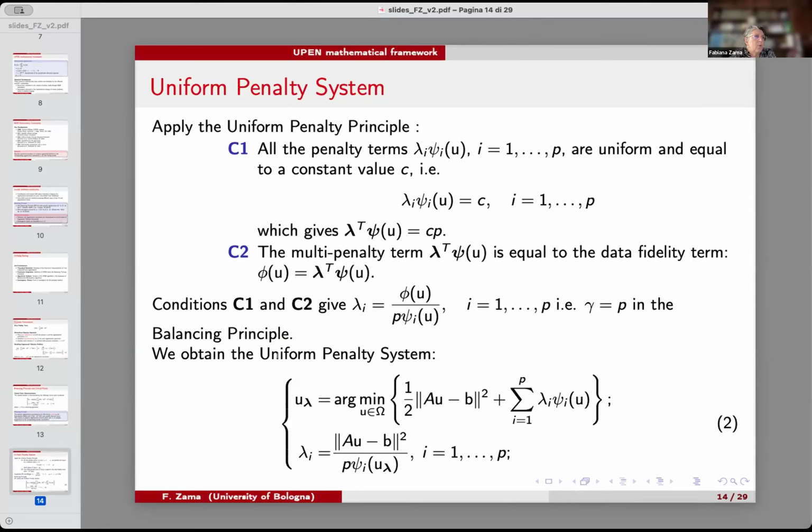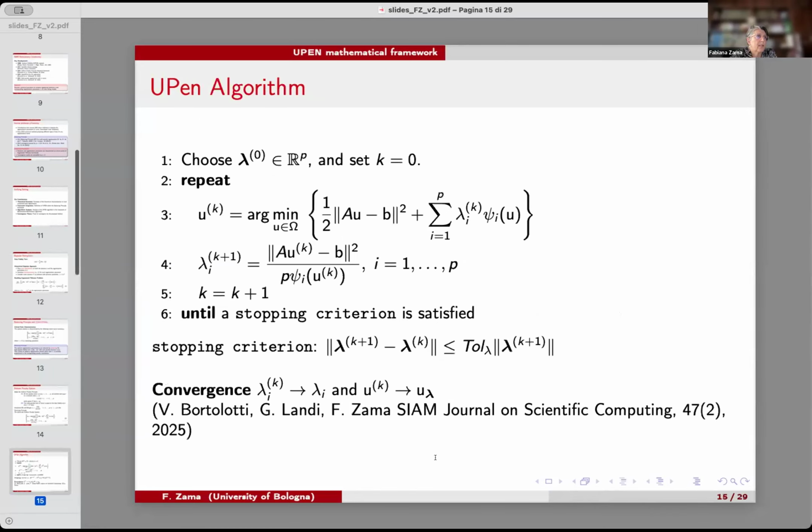And so what you recognize is that now we have this gamma set as the number of regularization terms. And again, now we have to solve this nonlinear system. And what we were able to find, first of all, we propose this algorithm. Actually, this algorithm is the UPenn algorithm, or at least it originates the UPenn algorithm, because what you recognize here is that we define iteratively an approximate solution of the minimization problem, and then we iteratively update the regularization terms, exactly as you have seen from the